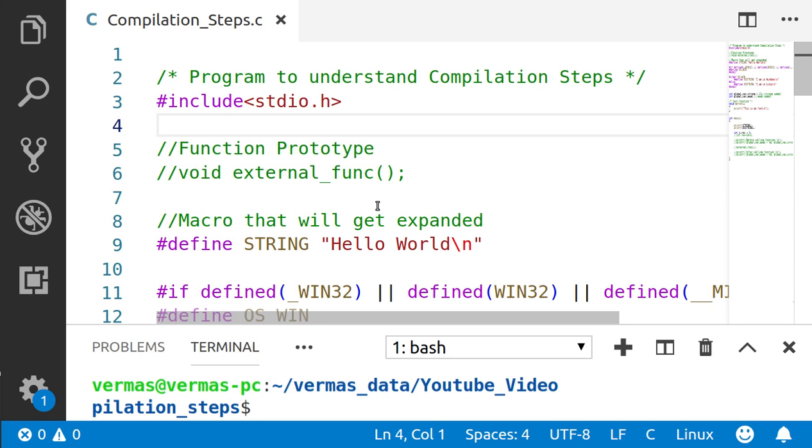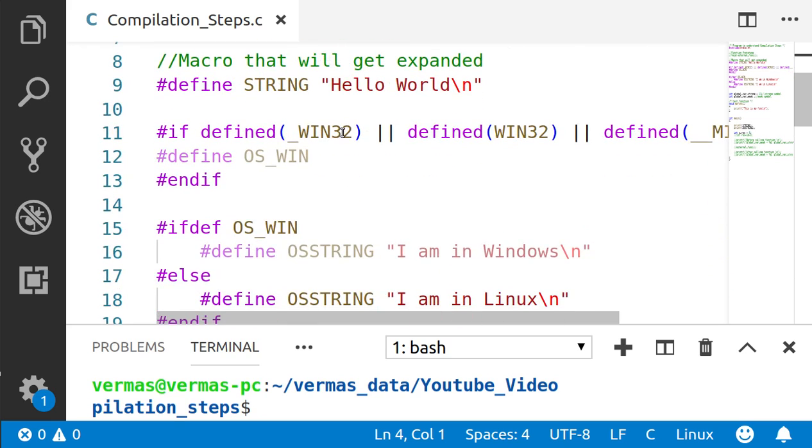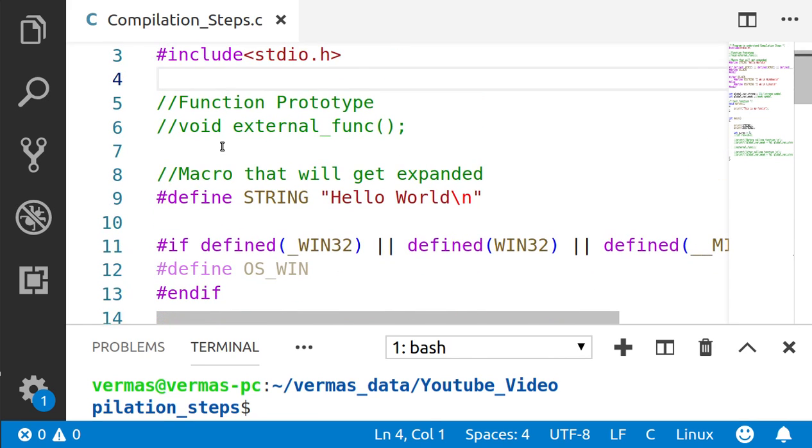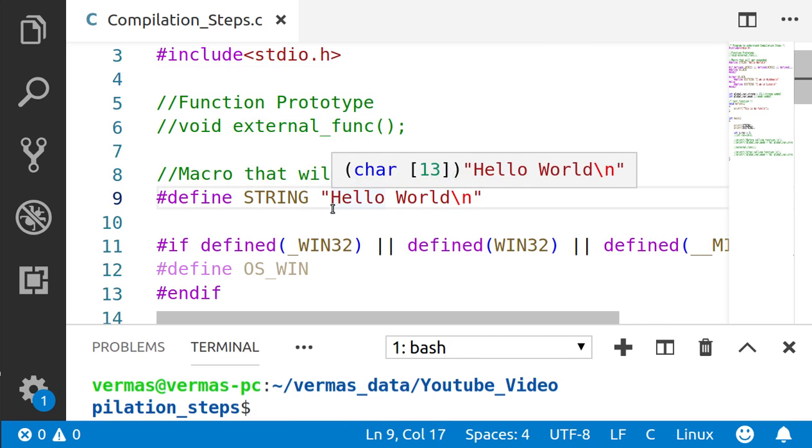For understanding that, I am taking a very simple hello world program, and in this program I have defined some macros. A macro is nothing but something which gets replaced in the first stage.